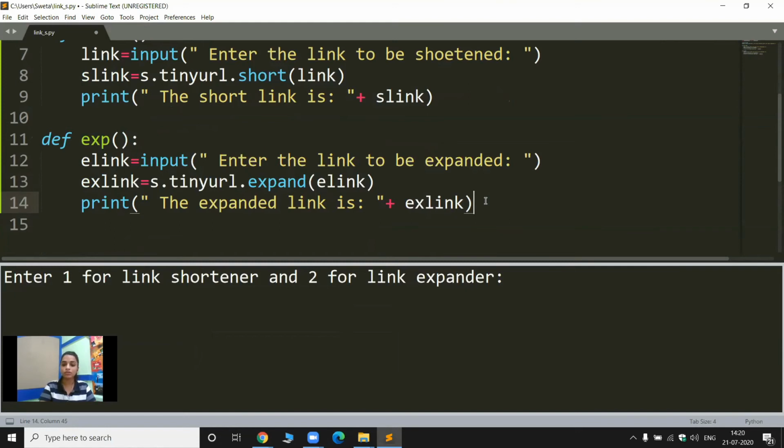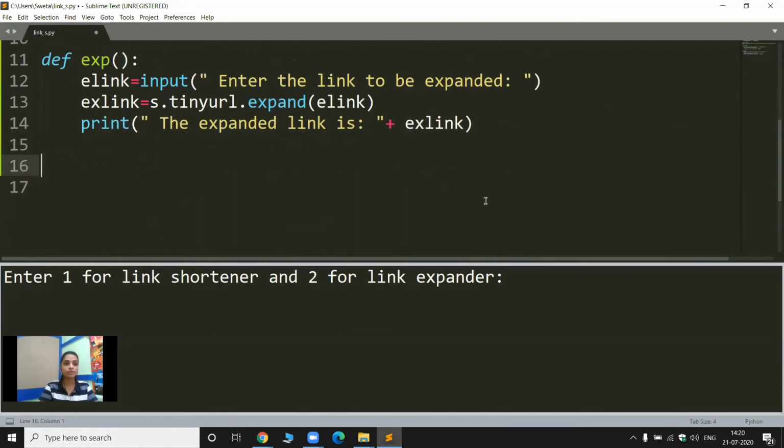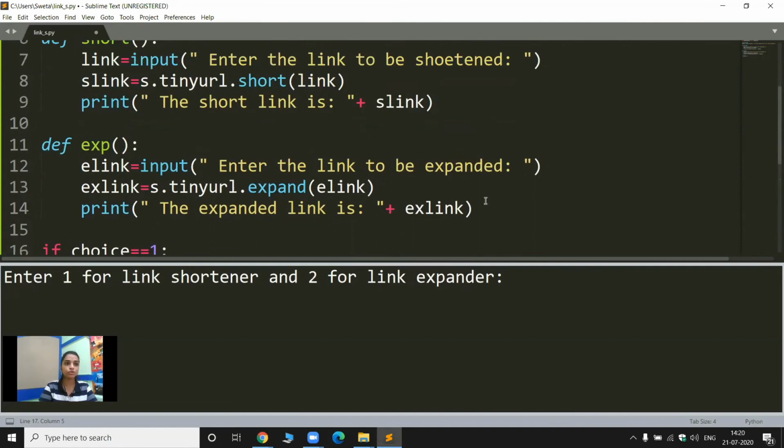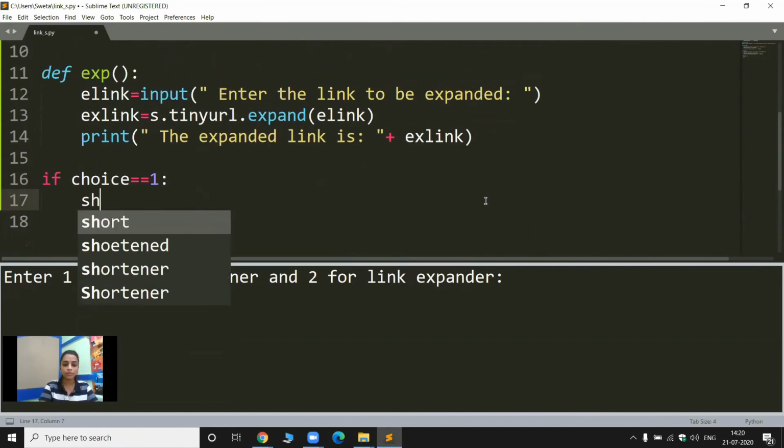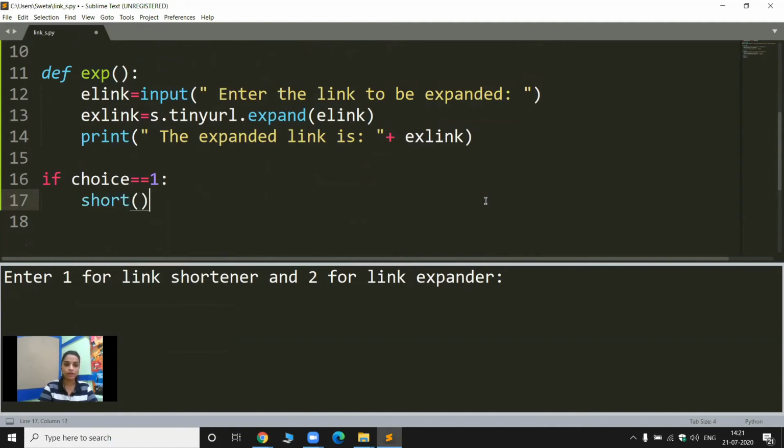So here we have both the functions. Now, as per the choice the user has given, we'll be executing them. We'll check if choice equals 1, which is for link shortening, we're just going to run the method short.